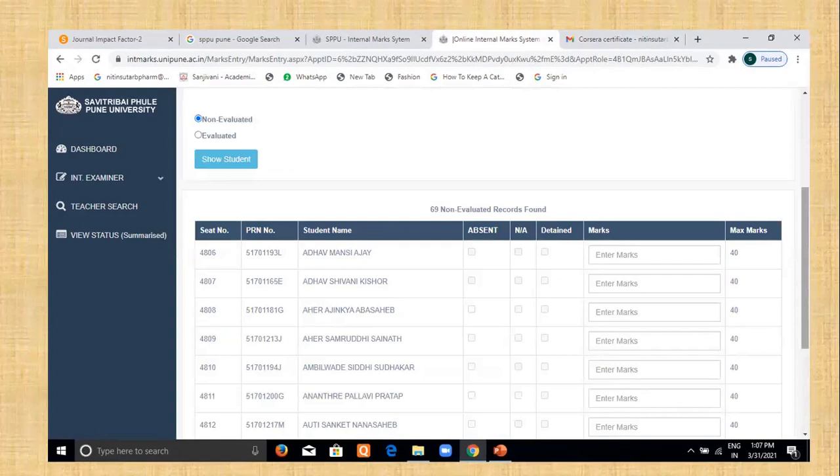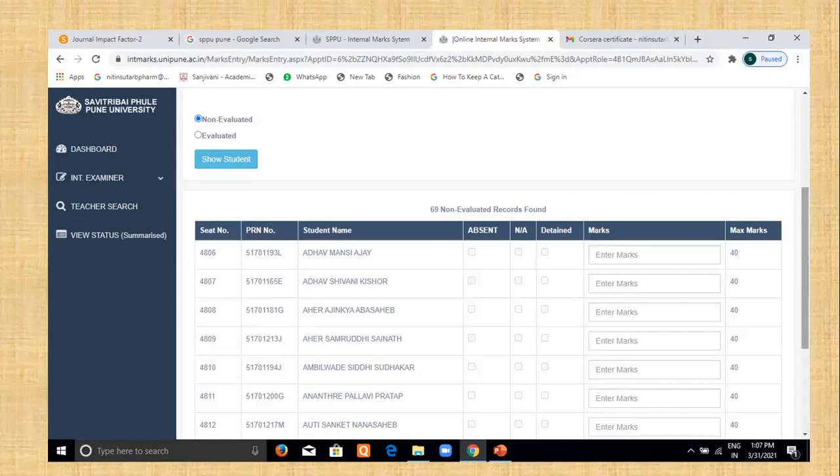In case of the marks, just before that you have to check out of how much you are going to fill the marks, whether 40 marks or 60 marks, because for university examination there are 60 marks for practical, and for internal theory there are 40 marks, and internal practical there are 40 marks. As you are going to fill the internal marks, out of 40 you have to fill how many marks, one by one. At the bottom there is a save and next option that you have to click on, and you have to fill all the marks.